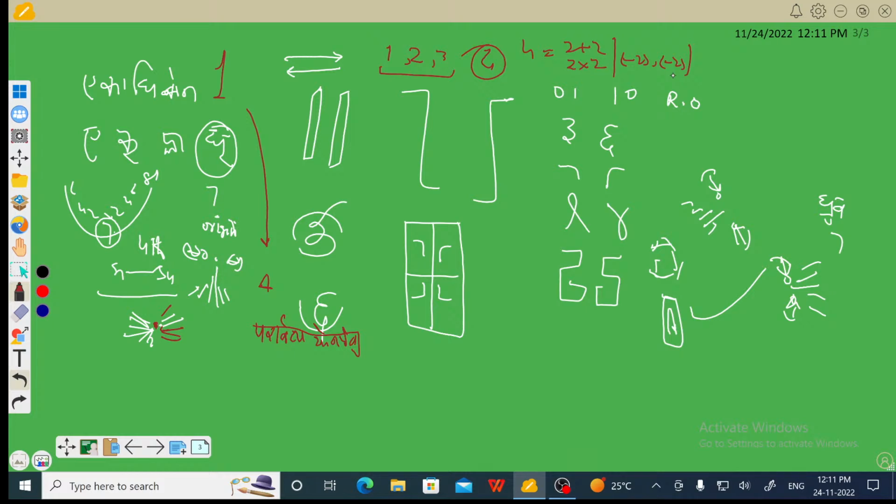It is this feature which will further take us to how 2 raised to power 4 is equal to 4 raised to 2 when taken in the view of dimension and a domain,